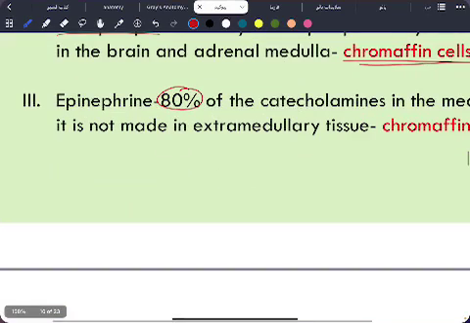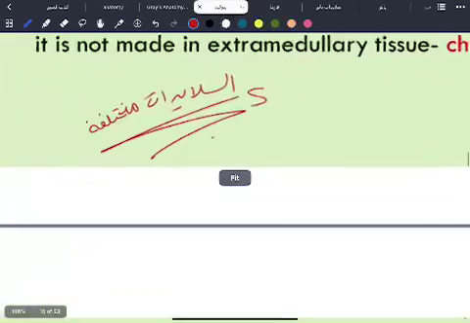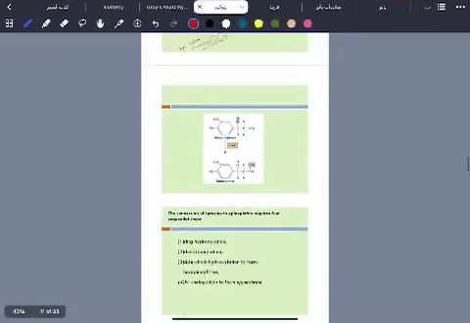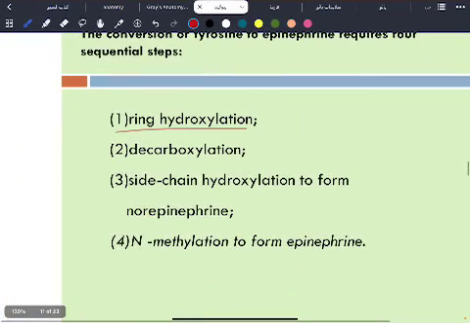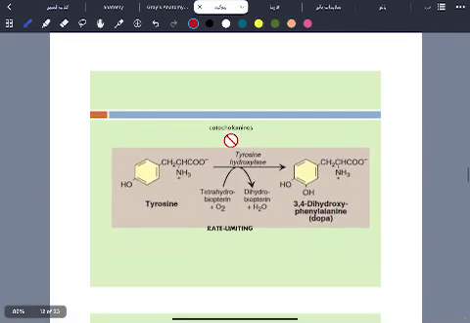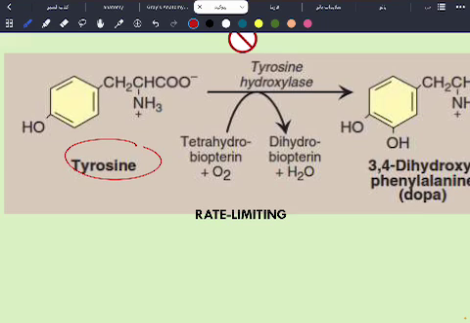So this is the methylation process. We are converting the norepinephrine to epinephrine by addition of the methyl group through the synthetic pathway that you are going to learn today. These are the four major steps of the synthesis, starting with hydroxylation process, decarboxylation, side chain hydroxylation, as well as methylation. So this is how the norepinephrine and epinephrine molecules are going to be synthesized, starting from the precursor molecule, which is tyrosine,